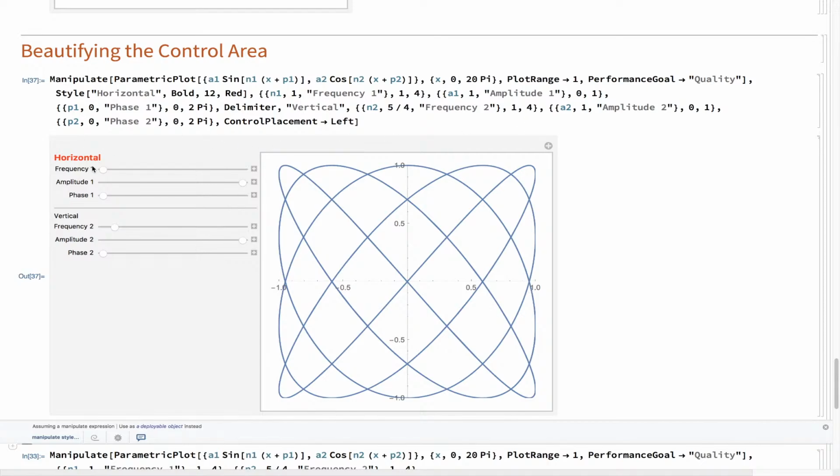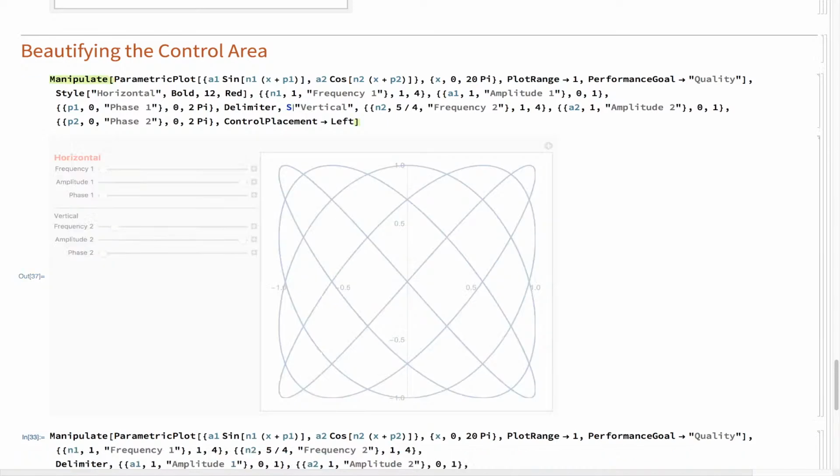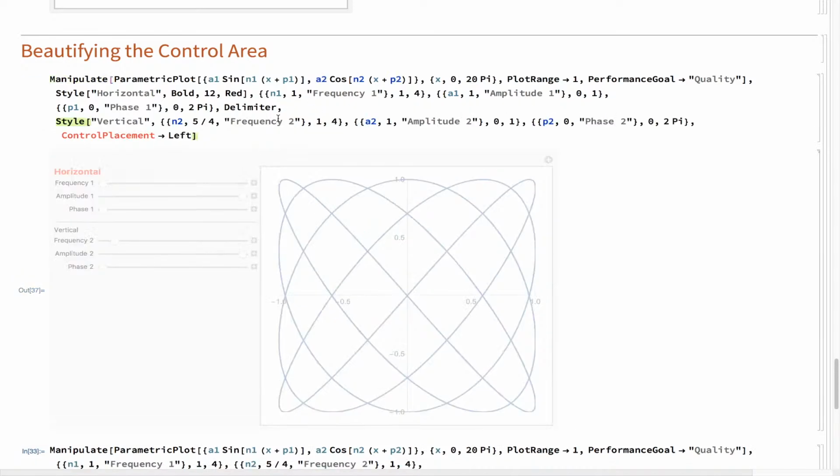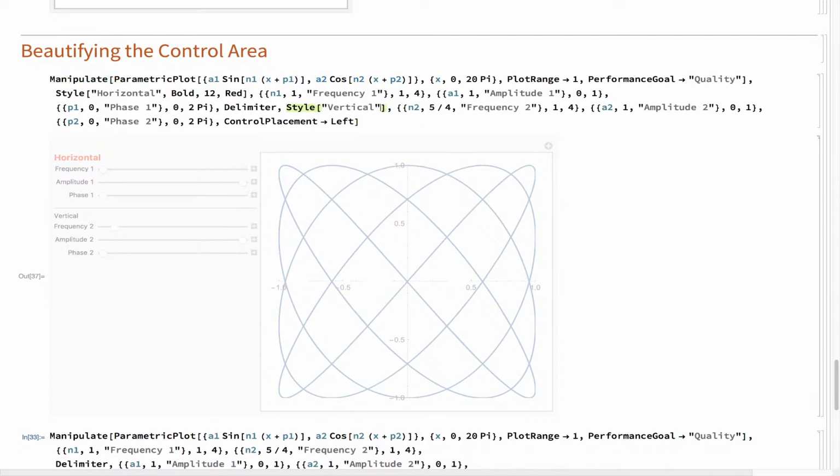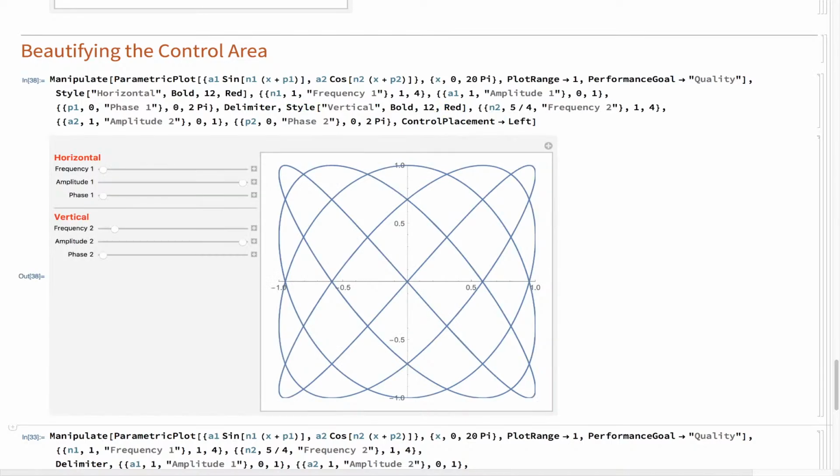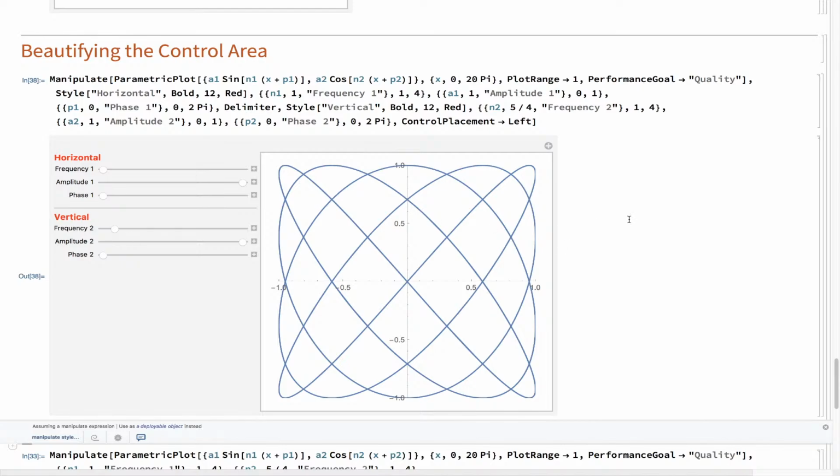Similarly, you say, I want to have the same settings for this vertical, so just wrap this around a style function, and you can also tell this is bold 12, red maybe, and then you can beautify or add more features to make this more aesthetically